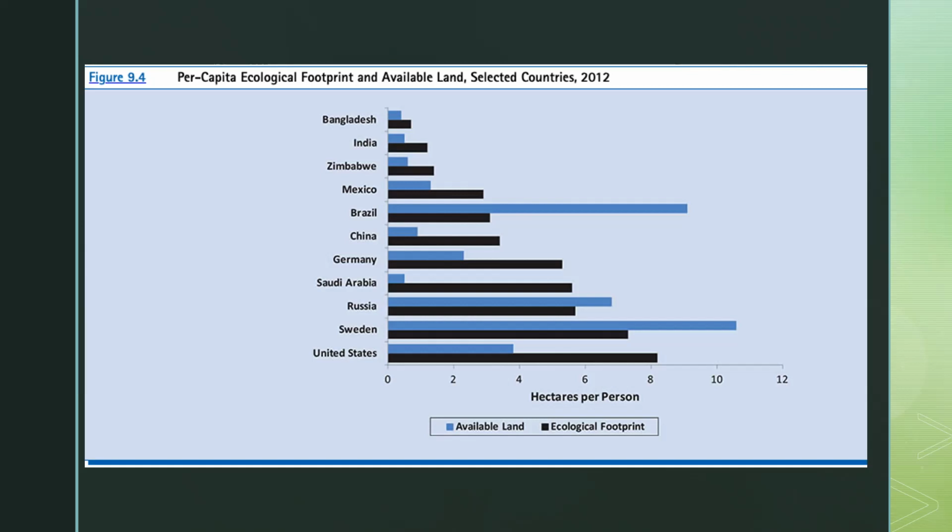We are living beyond the carrying capacity of the environment which holds us, which in the United States, we are, right? You can see that that black bar is measuring our ecological footprint as a country, and the much smaller, in fact, about half as small blue bar is the truly available land to account for that human impact. And so that's where we start seeing these negative impacts: global climate change, ocean acidification, biodiversity loss, freshwater resources depletion, is because we are living beyond the carrying capacity of the earth.